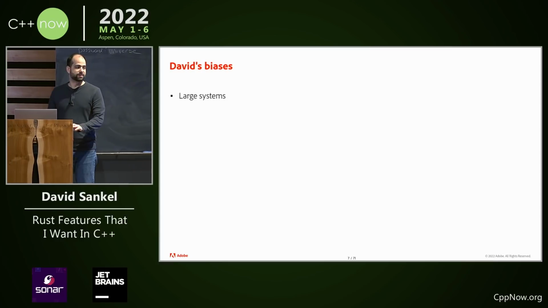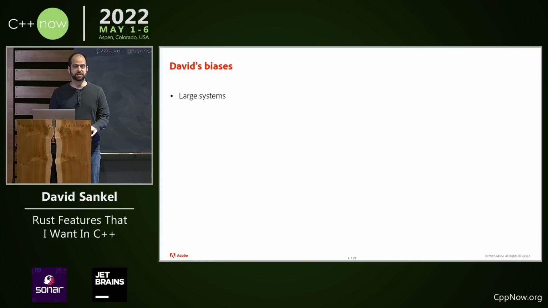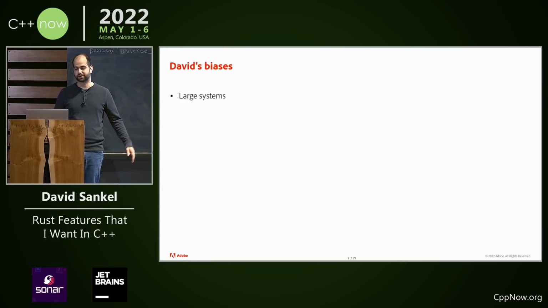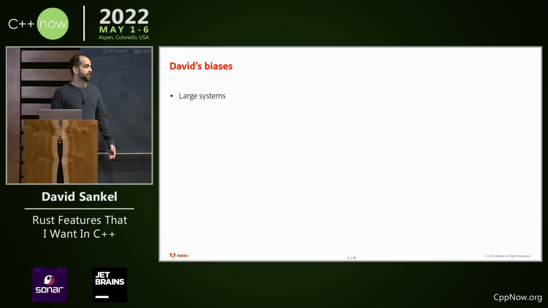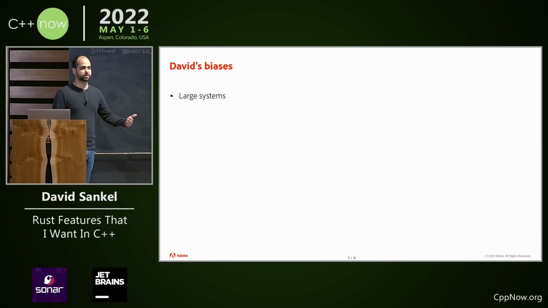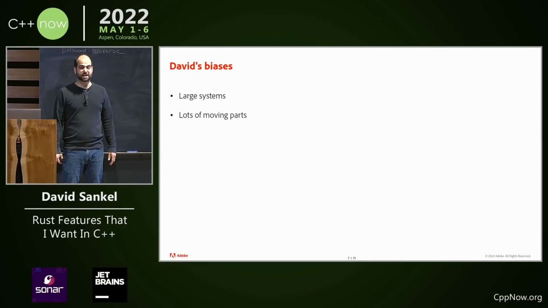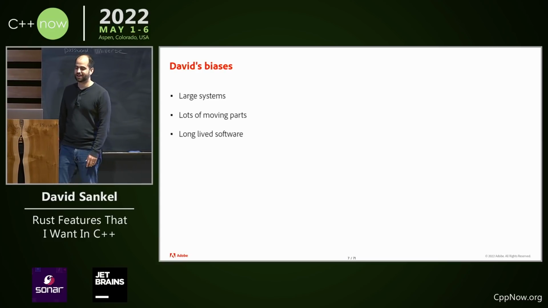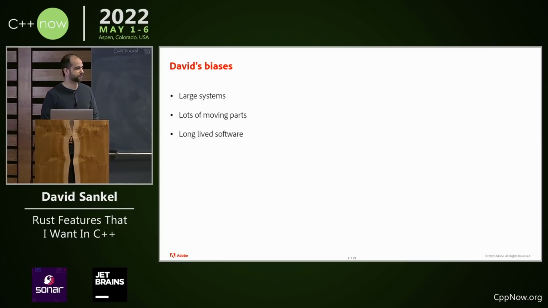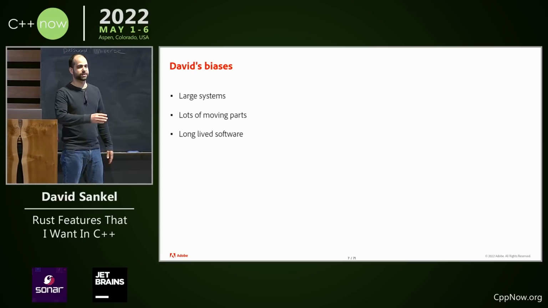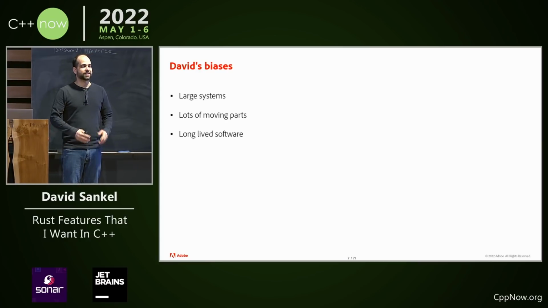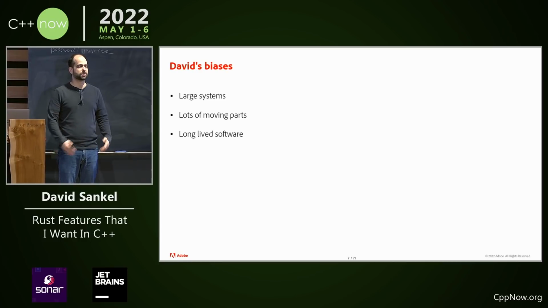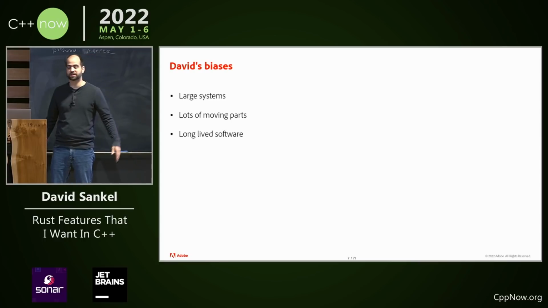First one, I work on large systems, big, millions and millions of lines of code systems. That's what I do. That's what I've been doing for the past 15 years. My biases are definitely towards things that will help with that kind of environment. The systems have lots of moving parts. It's not a large system that's really simple. It's a large system which is very complex. And this software lives for a very long time. It's measured in decades. So any time someone's working on code, 99% of the time or 90% of the time, they're working on code that was written by somebody else. Okay, that's just the environment that I work in.